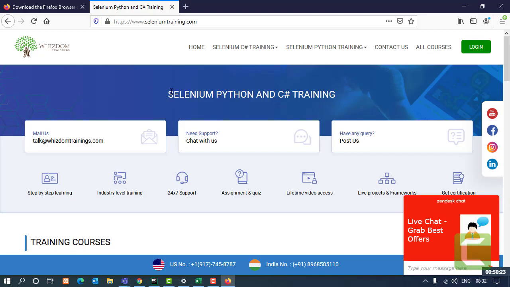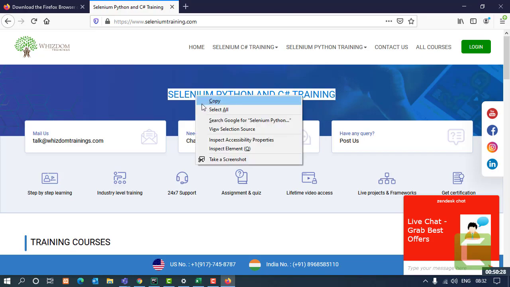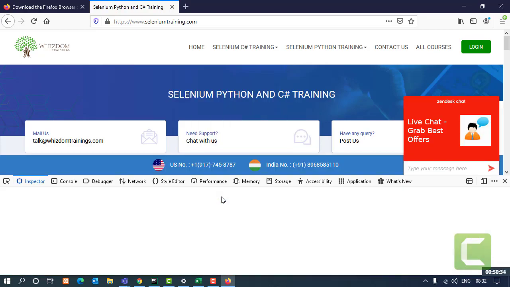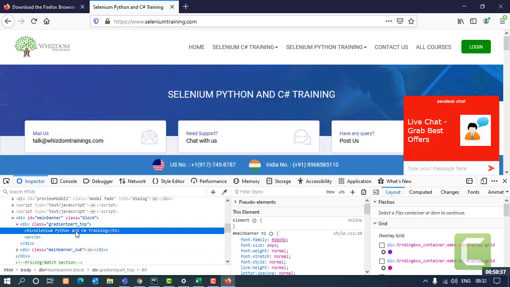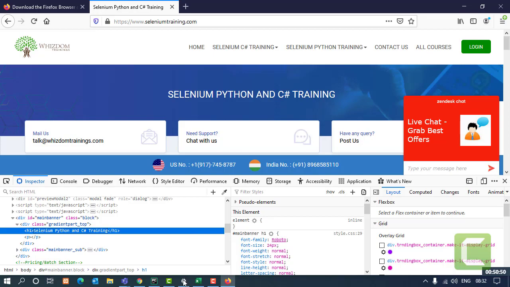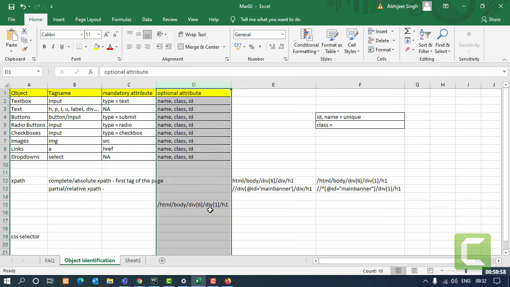Over here now we know that this element does not have any ID attribute. So if I just go to copy, inspect, this got highlighted. If I use the copy tool from here, I only get one option of XPath because it automatically judges what to return, the complete XPath or the partial XPath. So if I get this copied from here and I take it in here in the sheet, this is what is being returned to me, the complete XPath.